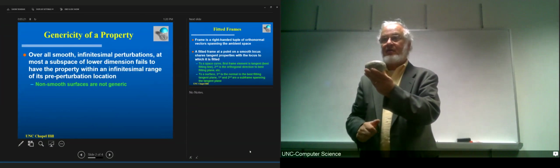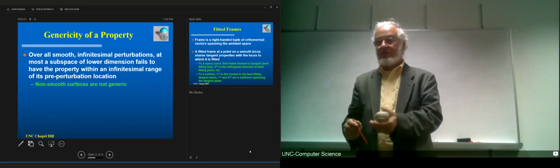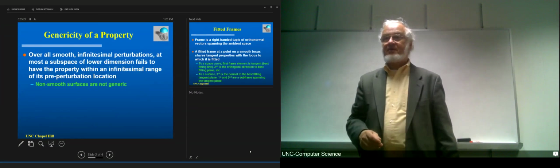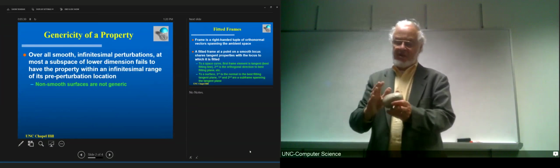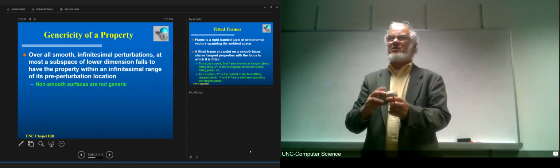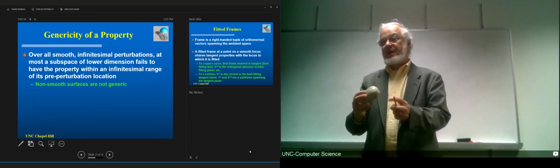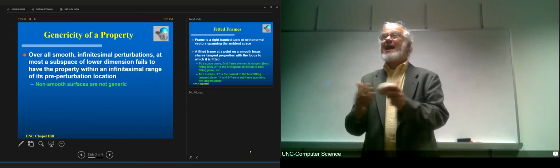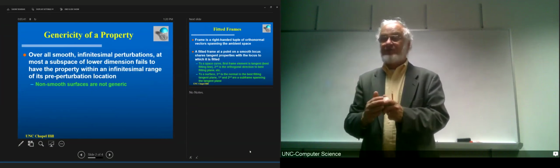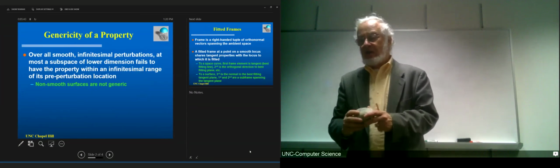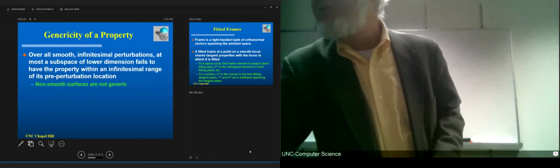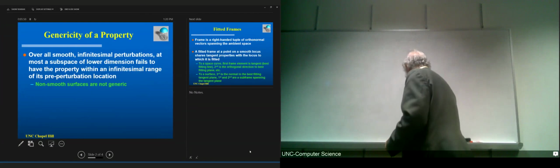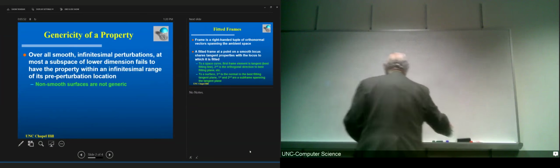Well, what do you mean by smooth perturbation? Is it like a local smooth perturbation, or smooth everywhere on the surface, the whole surface? Well, we're only going to be interested in a locality of a point at any given time, but sometimes we'll talk about the whole surface. In any way, anywhere where it's relevant, the surface can perturb in a smooth fashion, meaning all derivatives exist. There's no infinite derivatives. So if I have a,